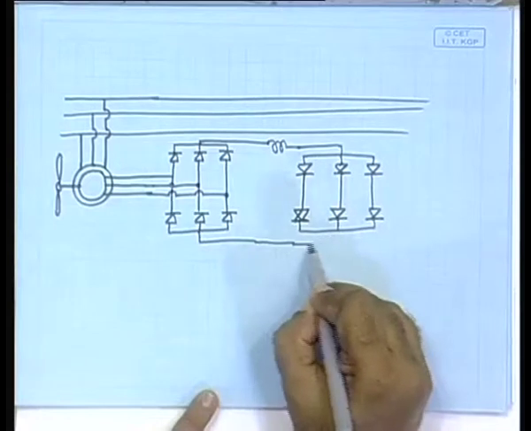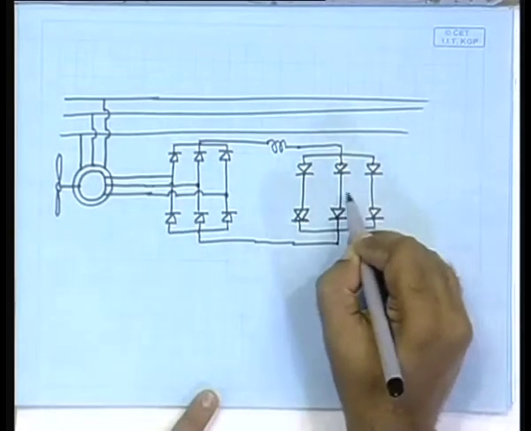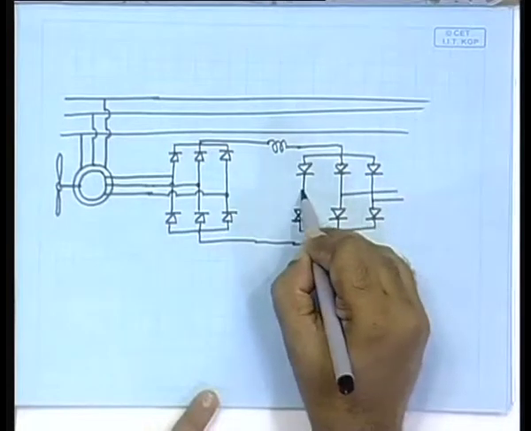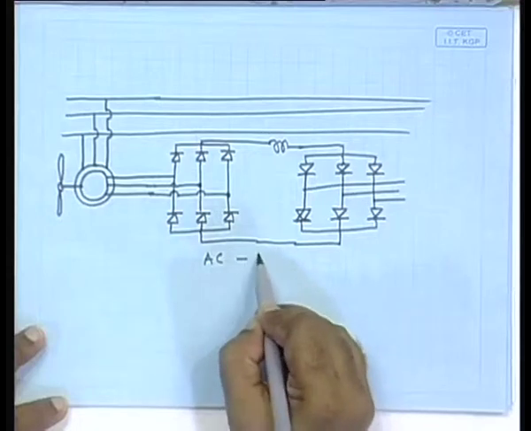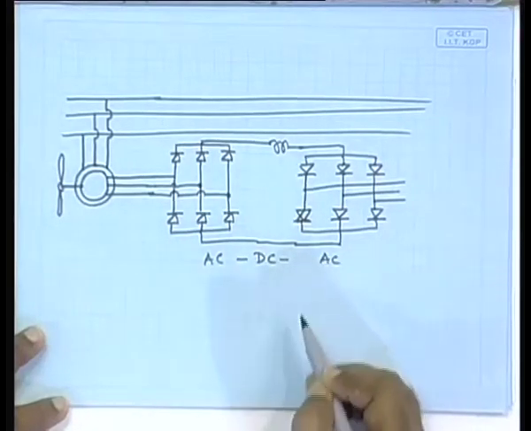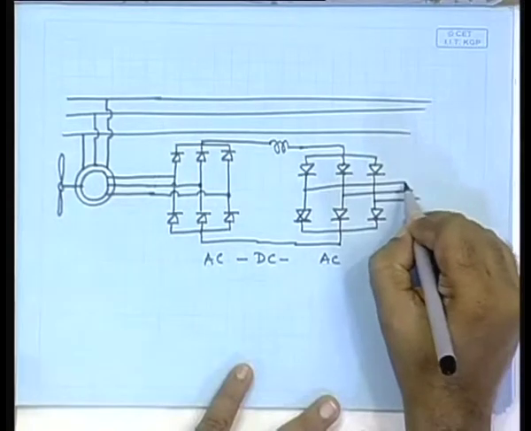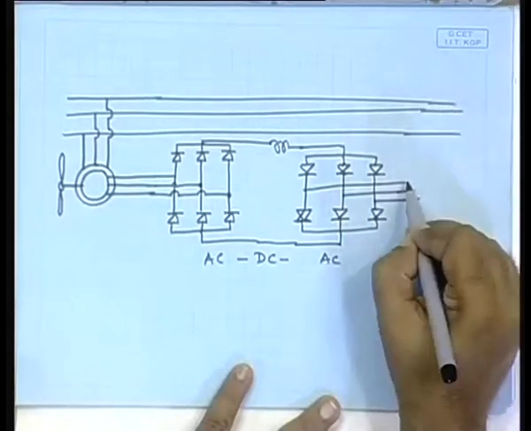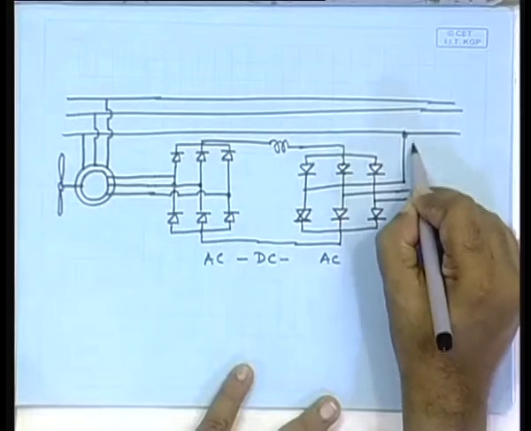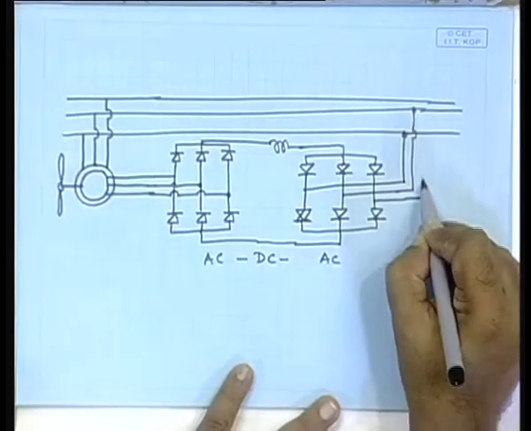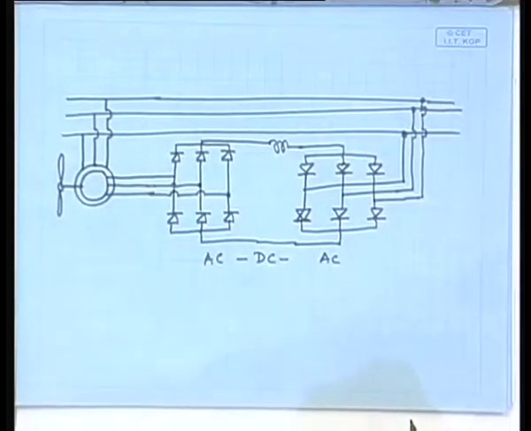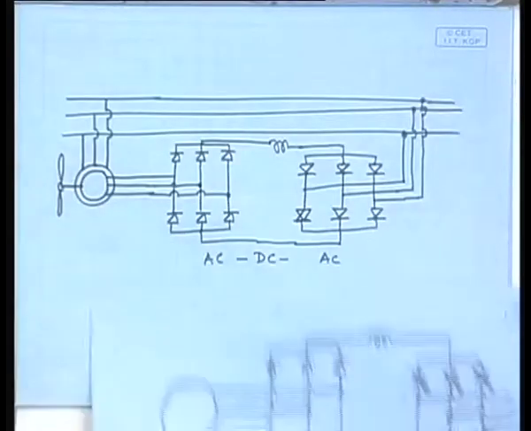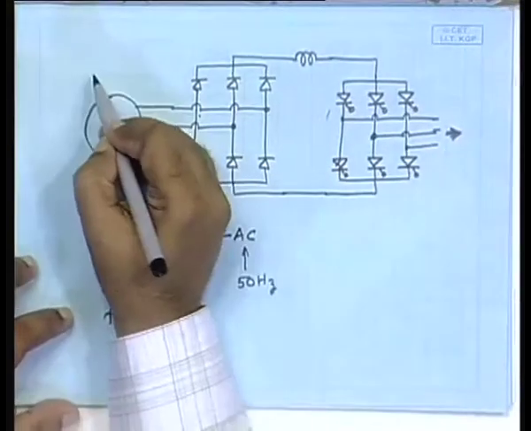So, you see in the rotor, there is an AC DC AC arrangement, but that rotor output is then connected to the grid. You might say, what is the difference between this arrangement and this arrangement? Here the arrangement was a synchronous generator,